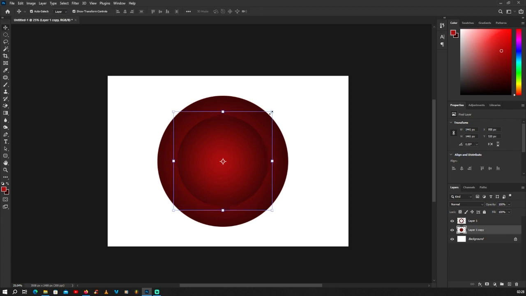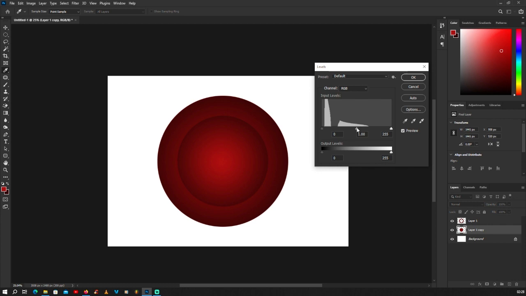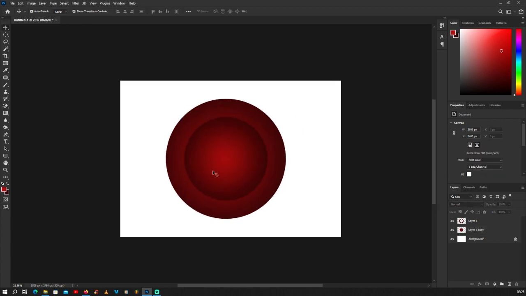Now I want to make it darker. So I'll press Ctrl L. I pull this, yeah, to make it darker. Now we are going to go on this tool here. You click and hold and select the ellipse tool. Then we'll come here, click and drag out as you press Shift and Alt,